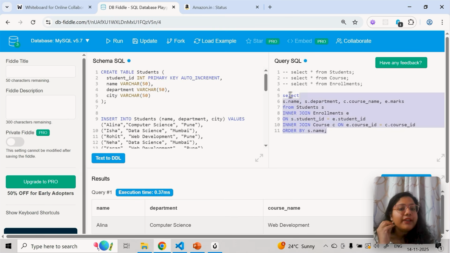So when you look at the final syntax you will feel like it's too much, but if you try to break it down, what I want is to select the course name from the course table, enrollment marks from the enrollment table, and these two things from the student table. From student s inner join enrollment, my work would have been done here itself, but I did an inner join on the course table because I wanted the course. The enrollment table and the course table have one thing in common, course id, right? So based on that I have done it.